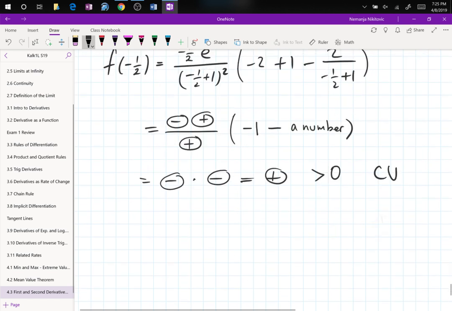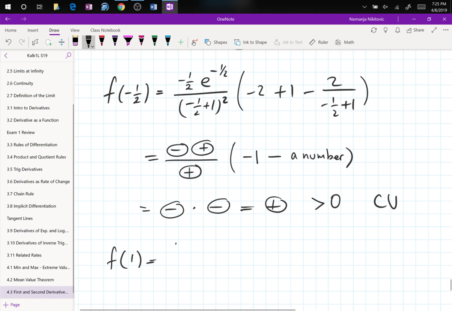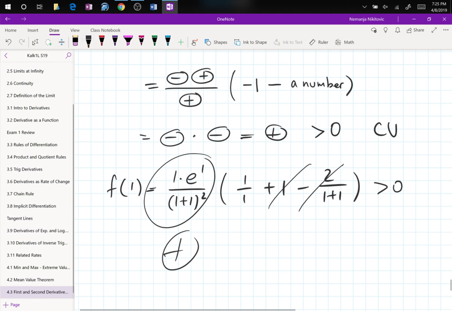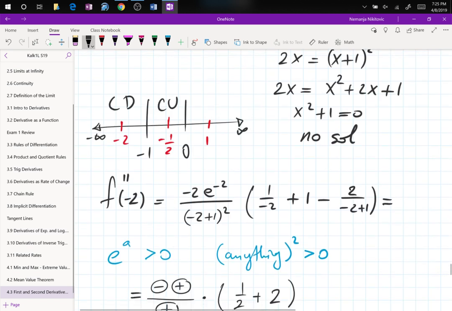And now we compute this for 1. So f of 1 is 1, e to the 1, 1 plus 1 squared. No, it's 1 over 1 plus 1 minus 2 over 1 plus 1. Great. You just look at it and you know it's positive, because everything over here is positive. These two will cancel, so positive. So another concave up. Please don't go and say, oh, I'll just alternate this, because as you can see,